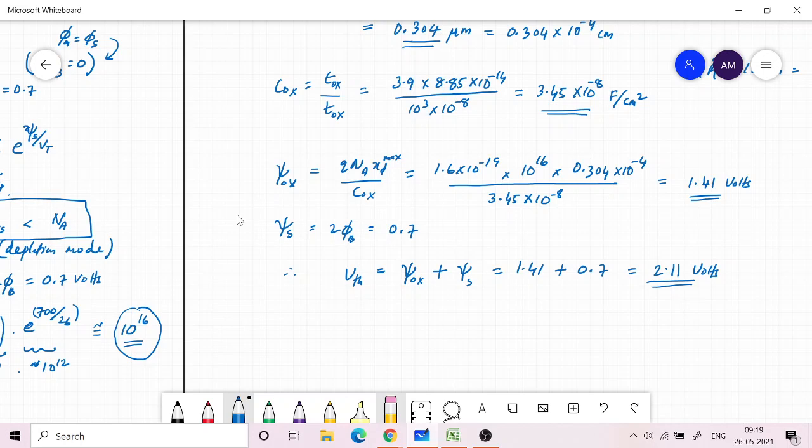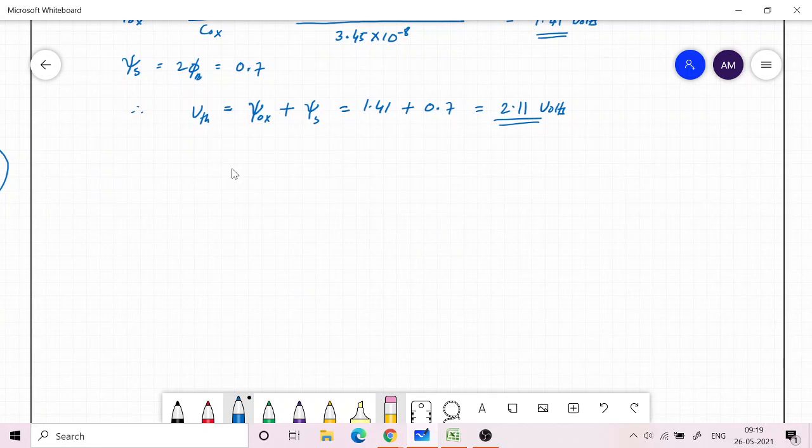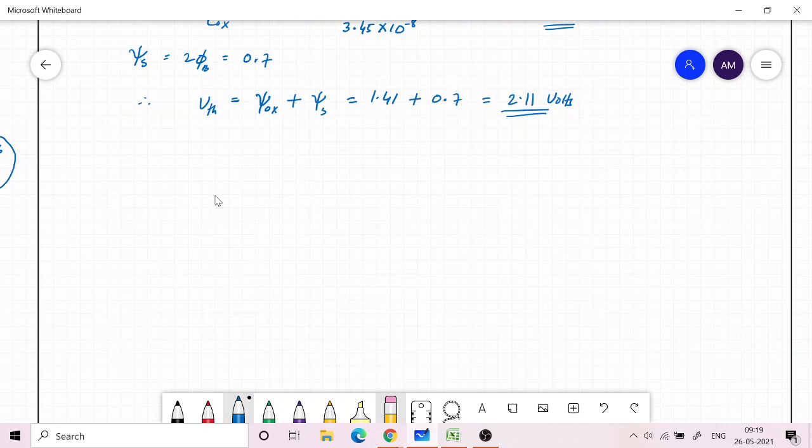So this is how, when the inversion layer is created, the voltage you need to apply is 2.11 volt. If flat band voltage is there, usually it is negative, so the threshold voltage will come down by that amount. Okay, so you are adding a negative quantity to this 2.11 in order to take into account the flat band voltage, and thereby the threshold voltage may be something like 1 volt or so, depending upon how much the work function difference is.